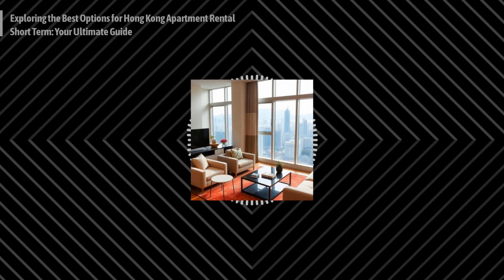But let's get practical for a second. Getting around a busy city like Hong Kong can be a little scary. Is the transportation system easy to use? Hong Kong has one of the best public transportation systems in the world. Wow, really? The MTR, that's the city's metro, it's a super efficient way to get around. You can zip across the city in minutes. The MTR, the lifeline of Hong Kong. I can already see myself gliding through those underground tunnels, connecting to all